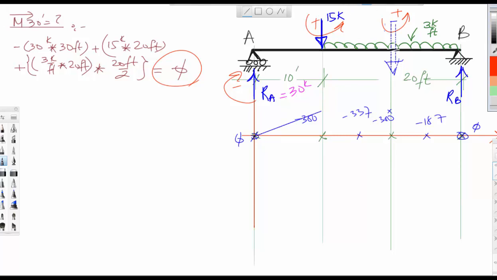And then this part will be curved like that. So our bending diagram will be